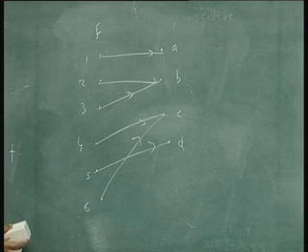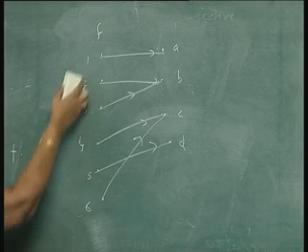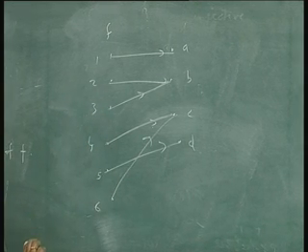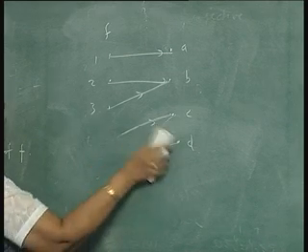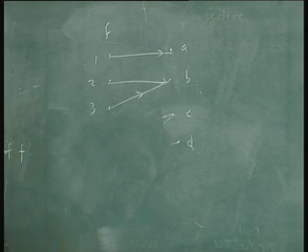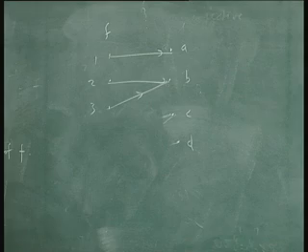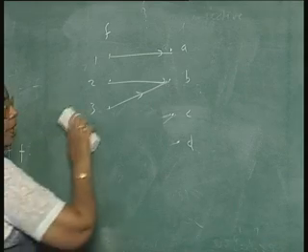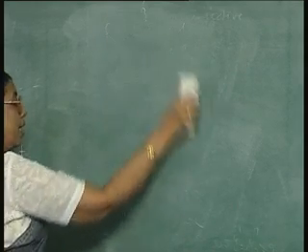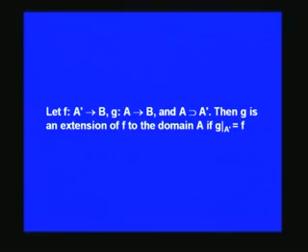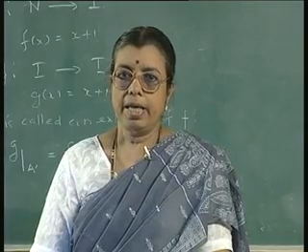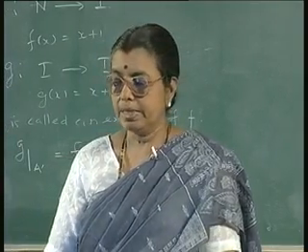Now from this I want to have only 3 elements defined, then I can remove these things. For a subset we are defining the function, but it is the same as the original function, and you are making the domain smaller. This is called a restriction of the function. So you can define restriction and extension. These ideas you will see later are used very much in automata theory. You will first define a translation function delta on K cross sigma, and then extend it to K cross sigma star and so on.